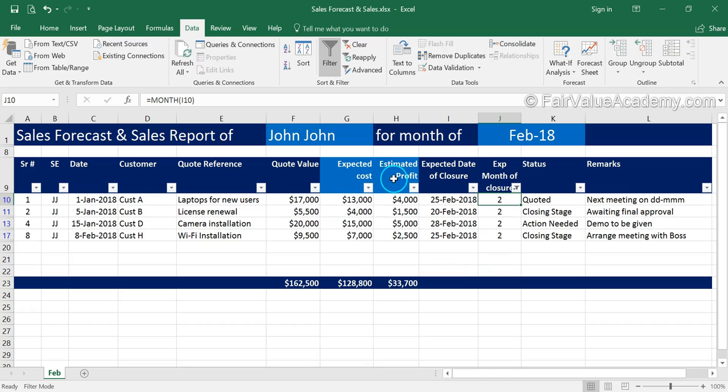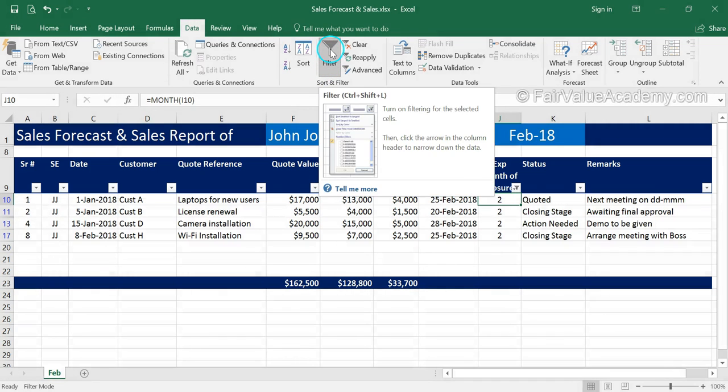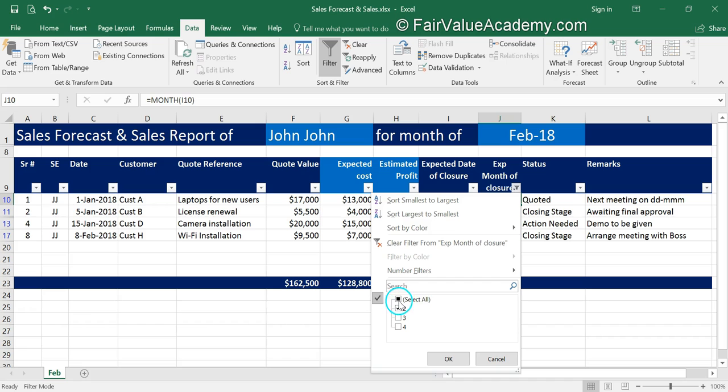Let's say you have saved this sheet. We have applied filter in this particular column. You saved it and you opened after 2 days and you don't remember where the filter was applied. If you notice, all the buttons are having only downward arrows, whereas this particular button has a filter symbol on it which looks like this particular symbol. So this is how you come to know in which column you have applied filter. To remove the filter in that particular column, we click again here and click on select all option to select all the data and click OK.